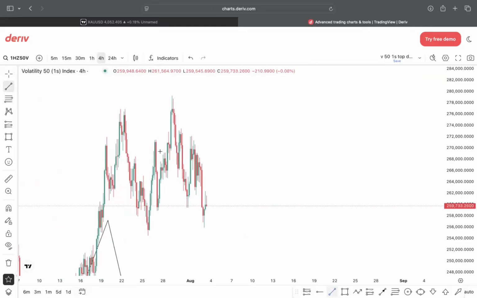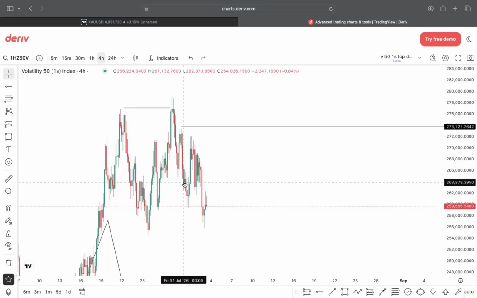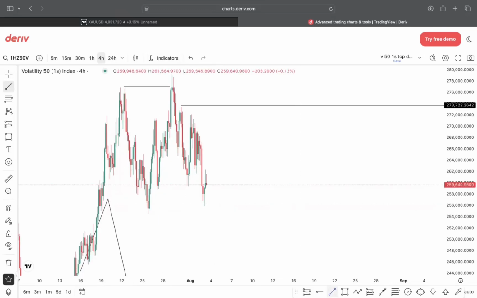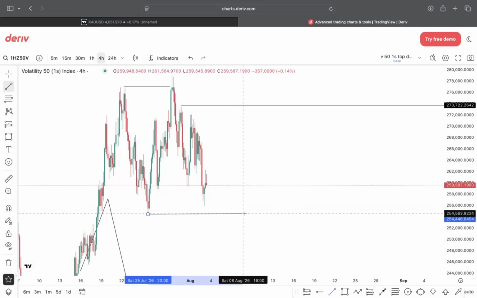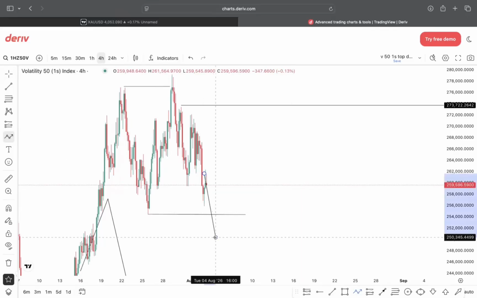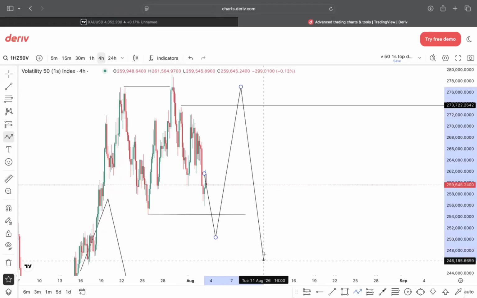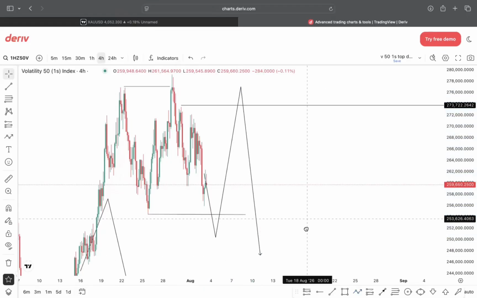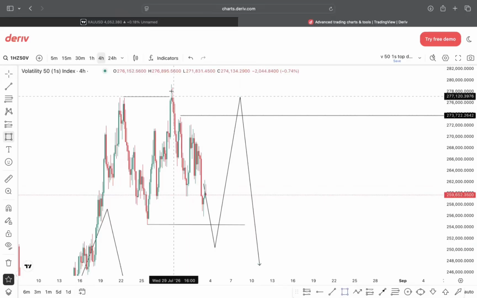This is a very valid sweep, and then this is a structural point. So I'm waiting for price to break this full structure. Like I said, if there's no full break of structure, the setup is not valid. So I'm waiting for something like this, and then price comes back here, and then boom, to the downside. Okay, so all I have to do now is